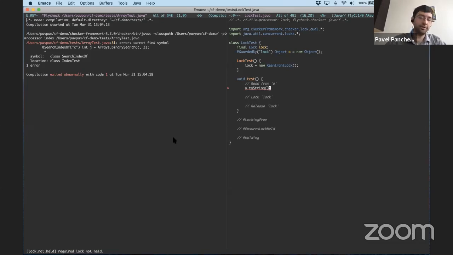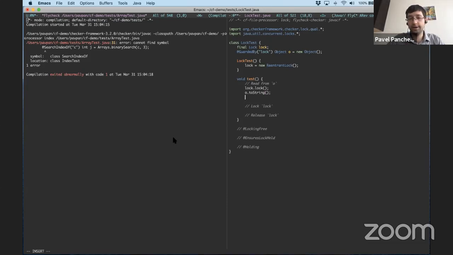So you can see here, I've called O.toString and I've received an error message titled lock not held, required lock not held. So that tells us that if we want to actually read from the object, we must first do lock.lock. And once I've done that, then that red squiggly goes away because now that lock is held.